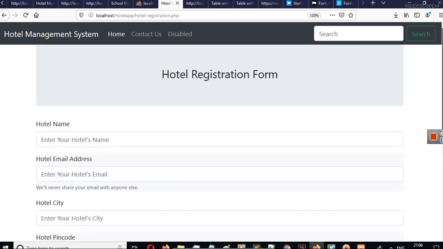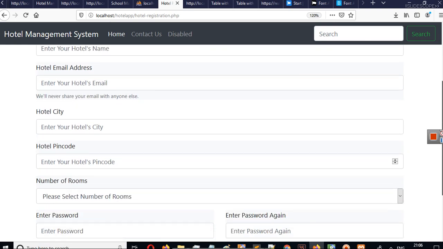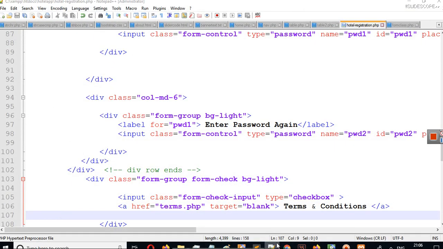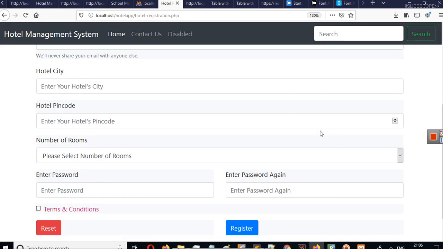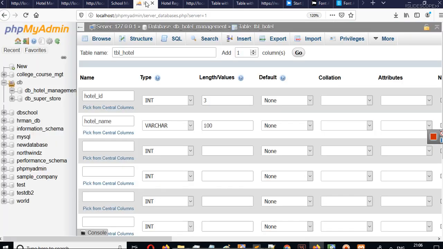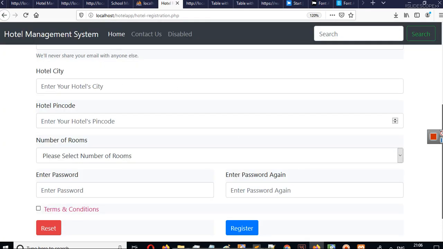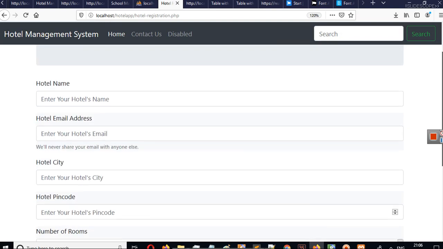So now it is fixed. You can see hotel name, email, address, city, pin code, number of rooms, etc. The type of value that we are storing here cannot be null. That is the simple meaning of this. We cannot leave any field blank. The user has to fill in all the information here. Everything is mandatory.